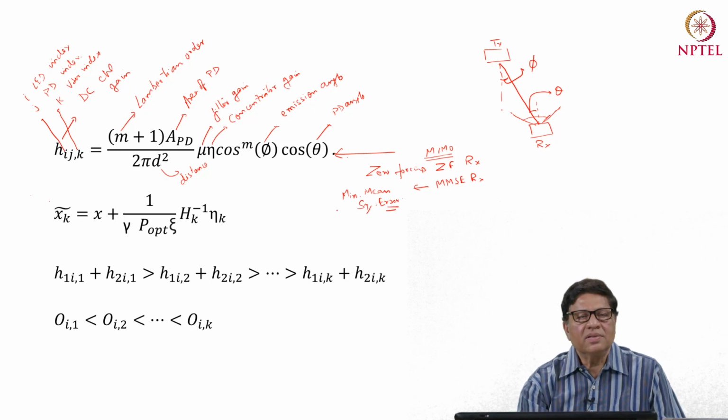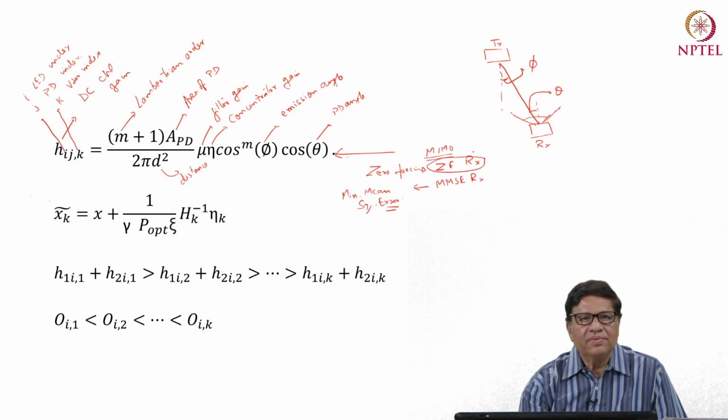So in this analysis, we will use zero forcing because of simplicity. So in the zero forcing receiver, if you recall,